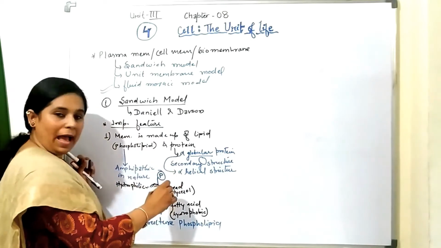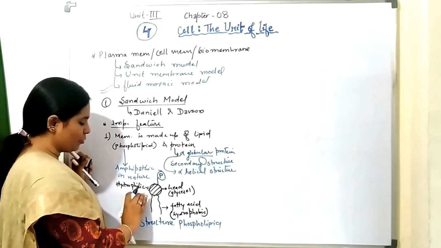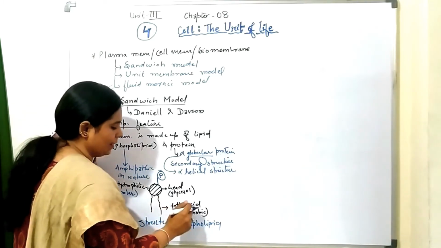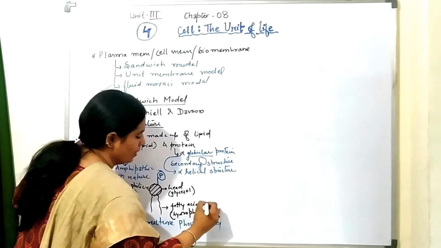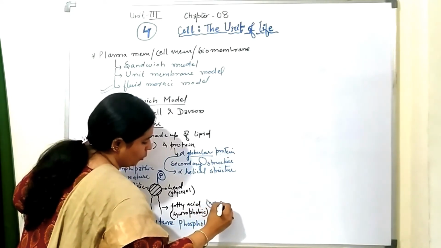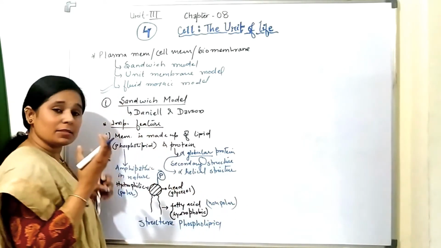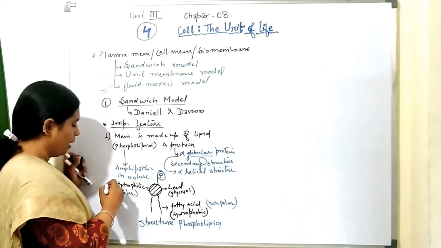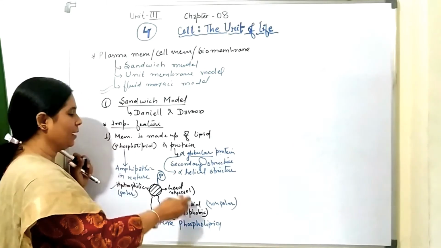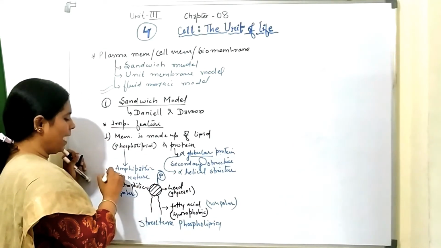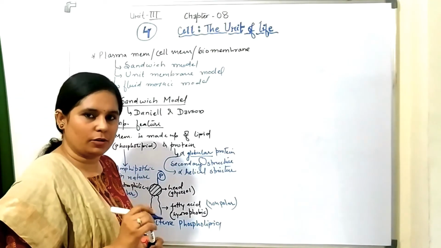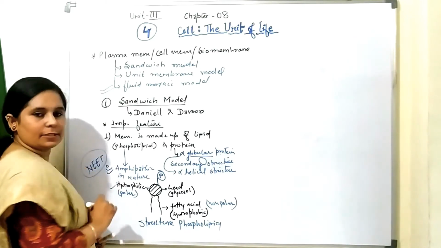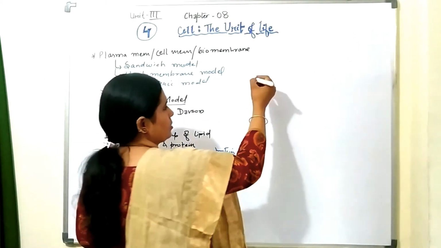Fine. So as this head is hydrophilic, it is also called the polar head, and this fatty acid hydrophobic part is called non-polar. As phospholipid is just one molecule in which you will find both parts, hydrophilic as well as hydrophobic, that's why it is called amphipathic in nature. So remember that this is very important in view of NEET. Okay, now let's talk about its structure.